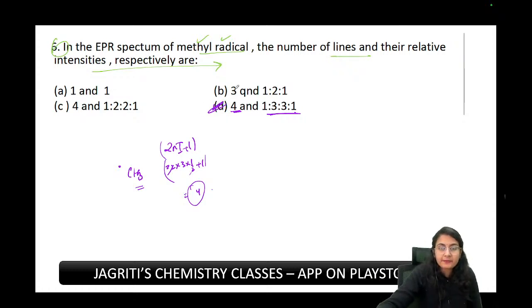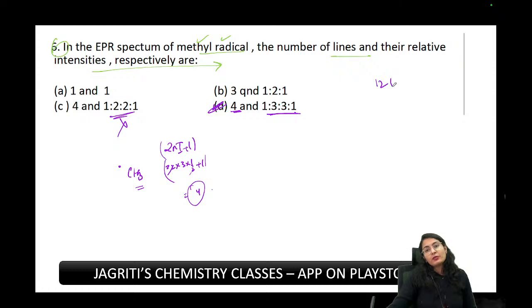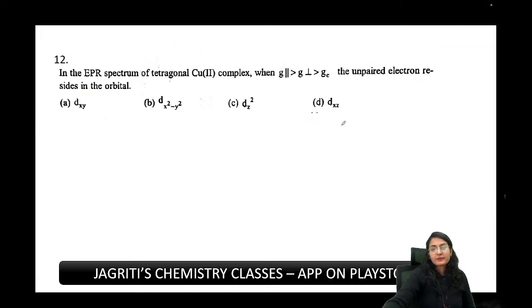बहुत easy है ये. Not C. No, no. 1 2 2 1 थोड़ी ना होता है quartet. 1 2 1 is just a triplet. Quartet is 1 3 3 1. ठीक है? Next. In the EPR spectrum of tetragonal copper 2 plus complex, when g parallel is greater than g